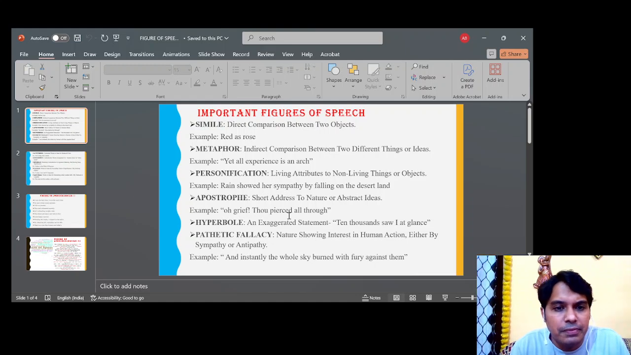So the first example is simile. Now what is simile? Now we all know simile is a direct comparison between two objects. Now direct comparison means